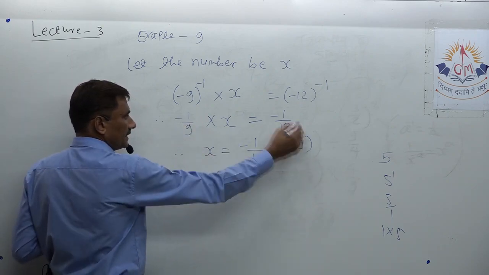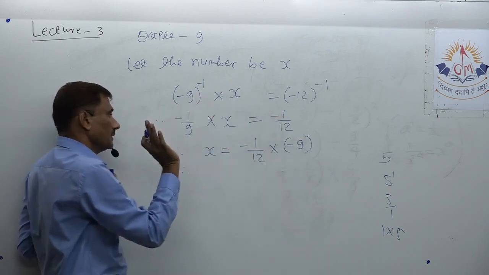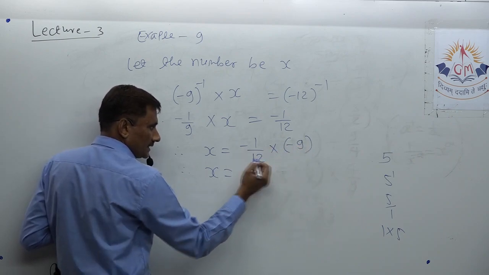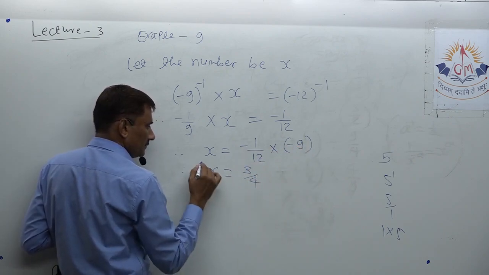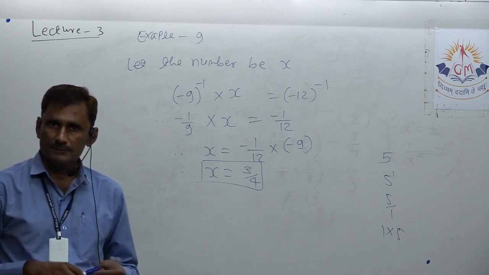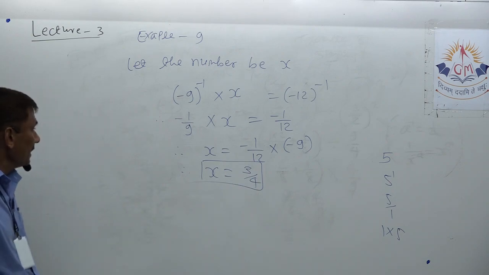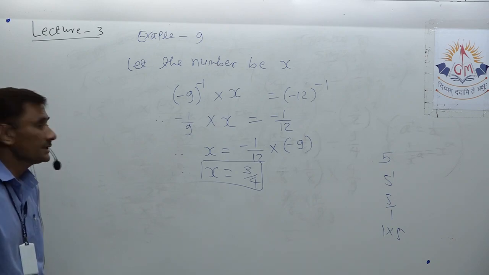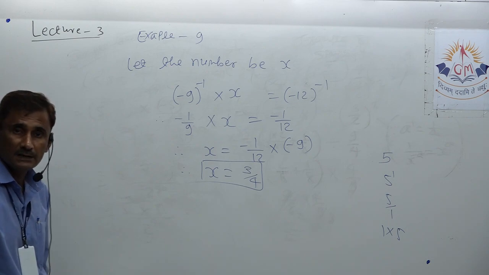Okay, this was shifted there, so division to multiplication there. So x equal to minus minus plus 3, 3 3s are 3, 4s are, so it will be 3 by 4. That is our answer. Okay, minus minus sign becomes positive, and 9 by 12. Actually 9 by 12 means what? 3 by 4. Okay, they are cancelled out by 3.